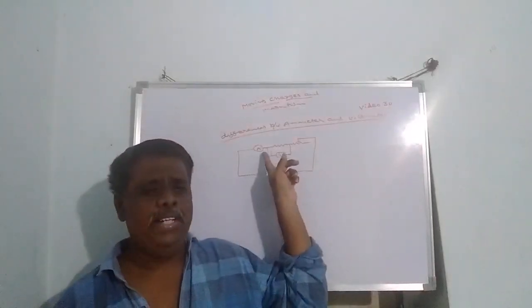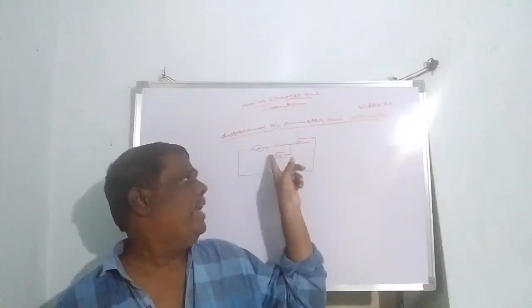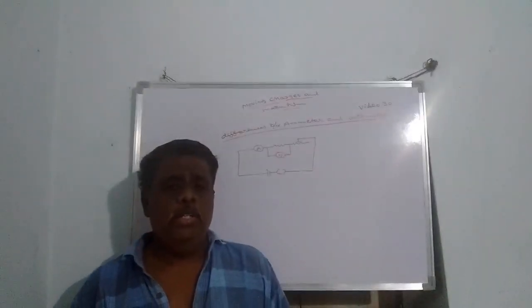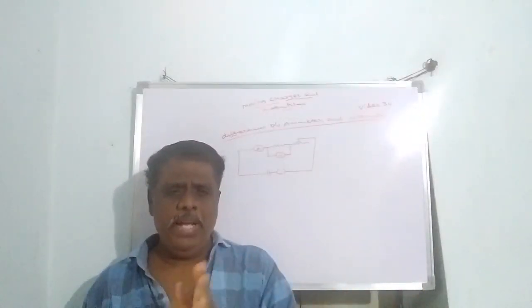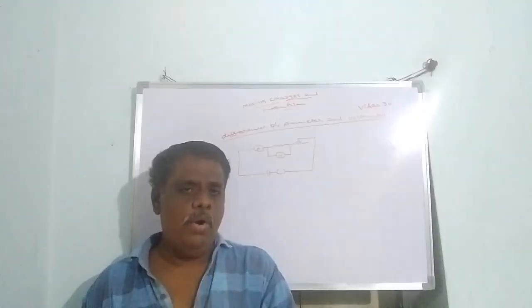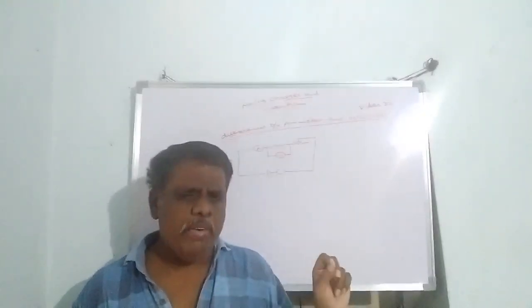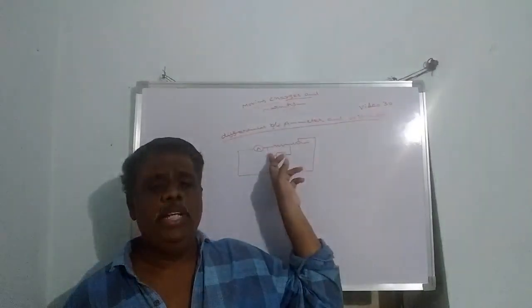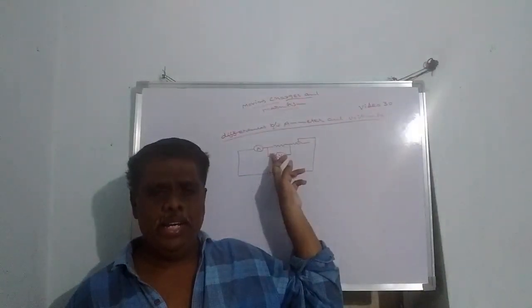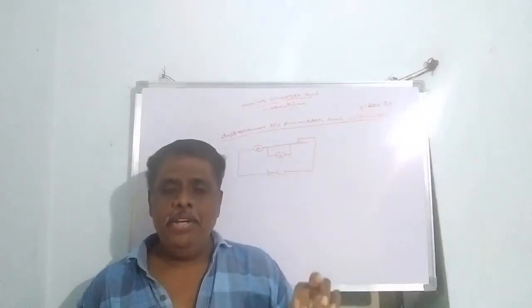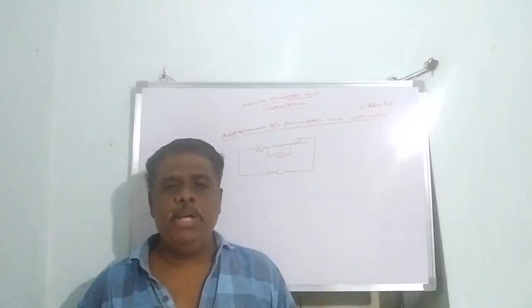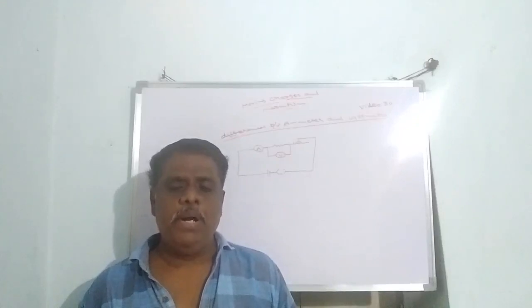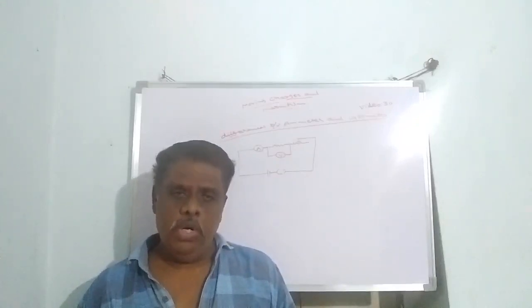So what are the main differences between ammeter and voltmeter? Ammeter should always be connected in series in the circuit. Voltmeter will be connected in parallel to the load. That is the first main difference. Ammeter is connected in series, voltmeter is connected in parallel to the load or a resistor, whatever it may be. Ammeter is used to measure current in the circuit, denoted with I. The unit of I is ampere. And voltmeter is used to measure potential difference between its ends. The unit of potential difference is volts.